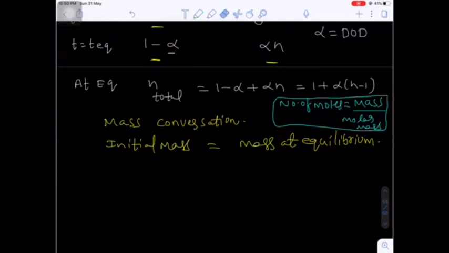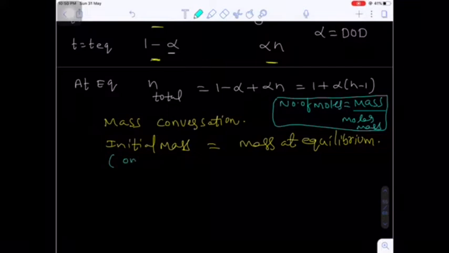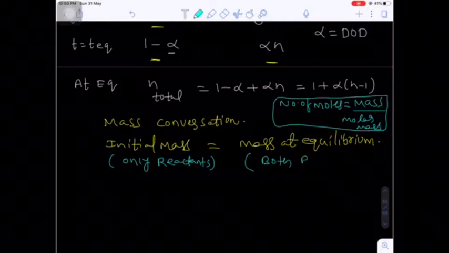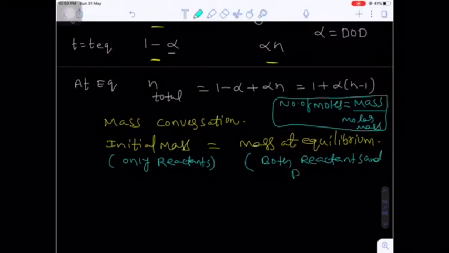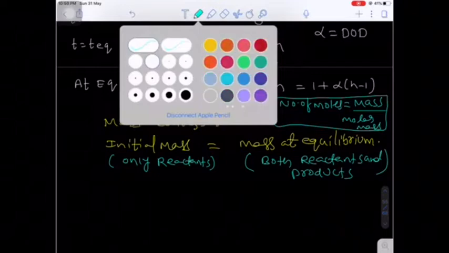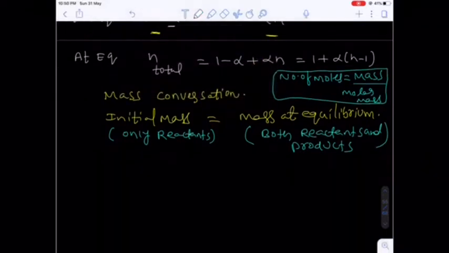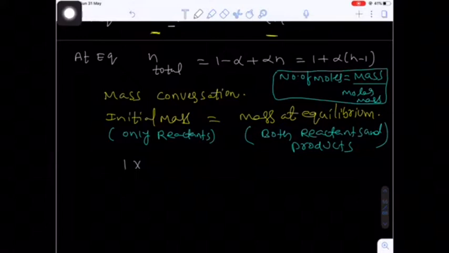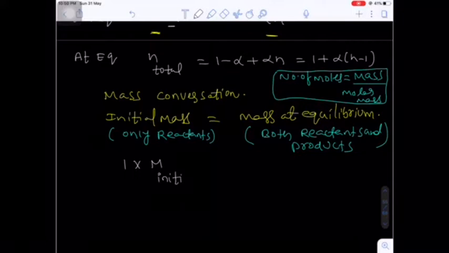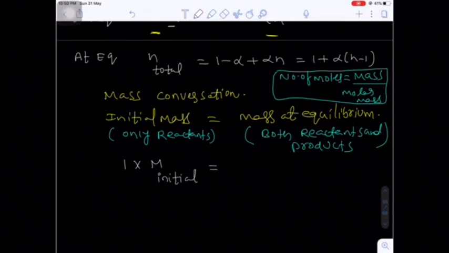Remember, here I am writing in bracket only reactants. Initially we have in the container only reactant. Mass at equilibrium means both reactants and products. This is very important. Okay, now here initially 1 mole of a reactant is there, and whose molar mass, let's suppose capital M, initial molar mass will